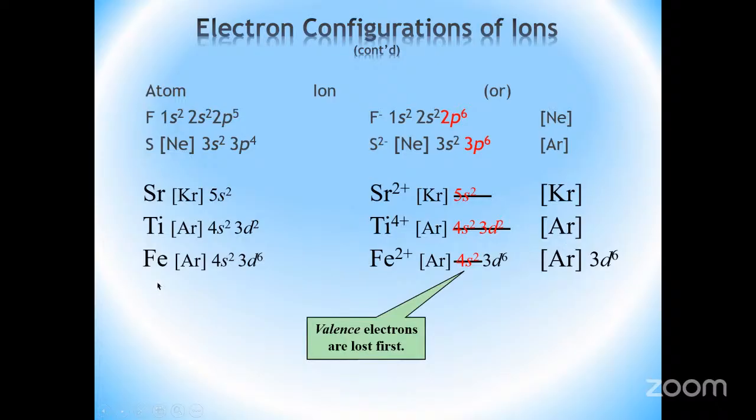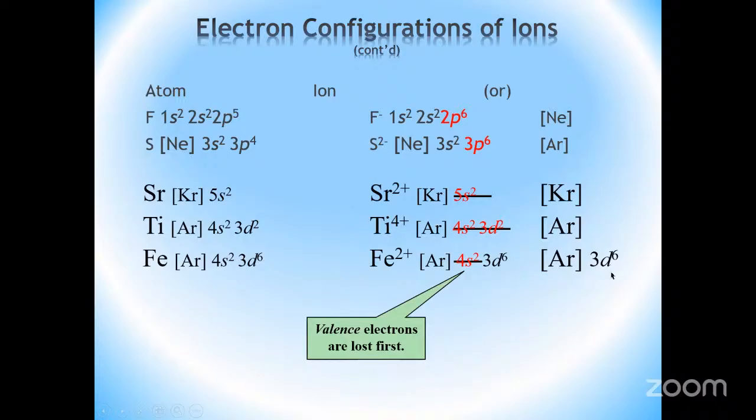Now, in the case of iron, this is where you have to pay attention closely to how you get the ions. If you want to go from iron atom to iron 2+ ion, you have to lose 2 electrons. The first electron will be lost from the 4s sublevel because that's the higher energy shell. So the first electron will be lost here. The next electron will be lost from here as well. So that 4s sublevel will disappear, and as a result, the remaining electron configuration would be this right here,